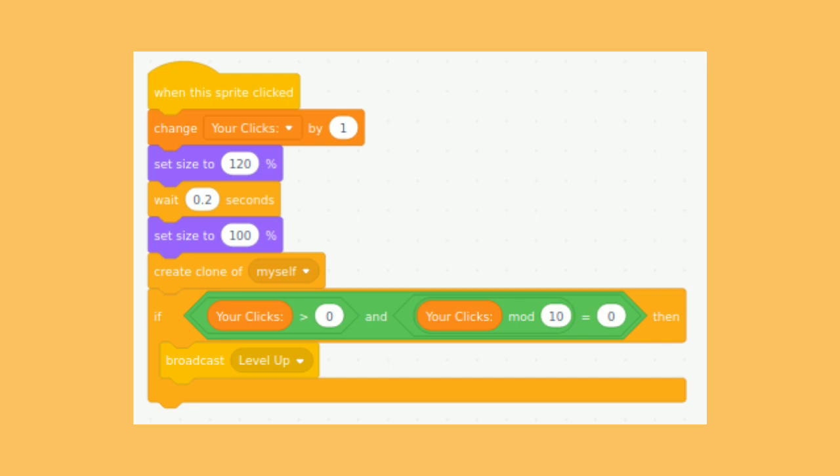So if you're using a power-up and you automatically get clicks even if you're not actually clicking it, you won't get more levels. You need to actually click the apple a bit to get levels. So that's a bit interesting. I never intended that to happen, but when I saw that the code did that, I decided to keep it.